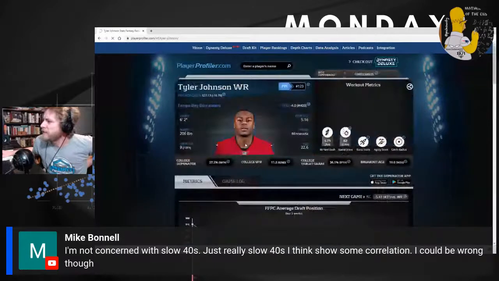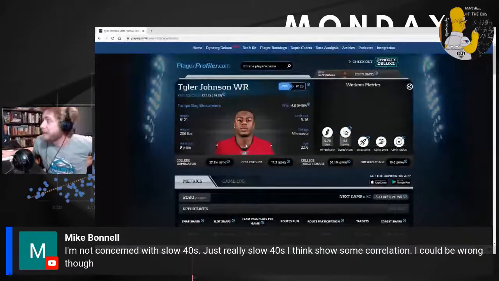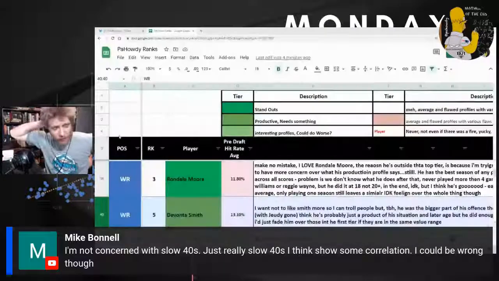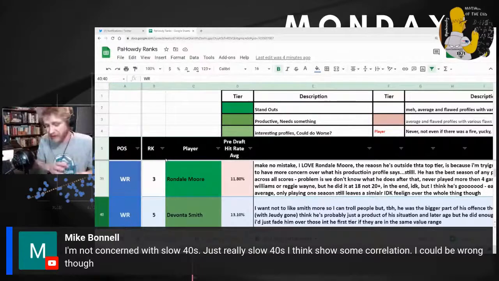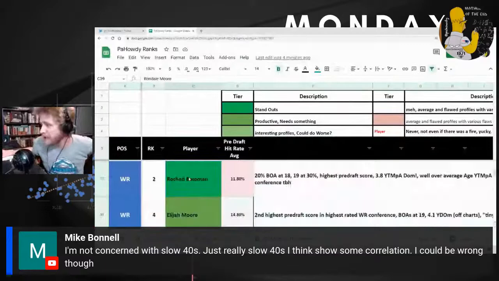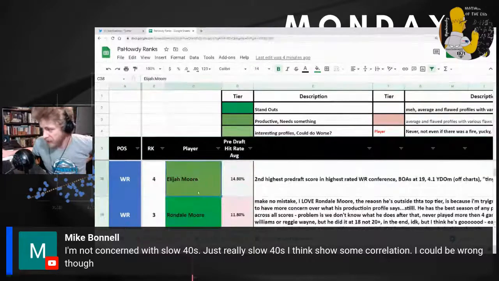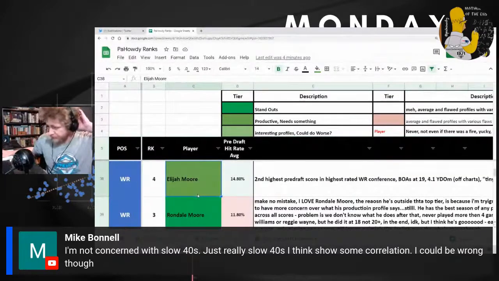But if we're looking for those unicorns, you got to go. Where am I looking? Yeah, he did 4.75. I don't remember it being that slow. I have to go with what happens most often, at least as my baseline expectation. And then when we're looking at players where it's less clear, you just lean on preferences. But again, Ronda Moore, Bateman, and Chase are in my first tier because that's not where there are questions. There's slight questions with Elijah Moore, and so I separated him out a little bit.